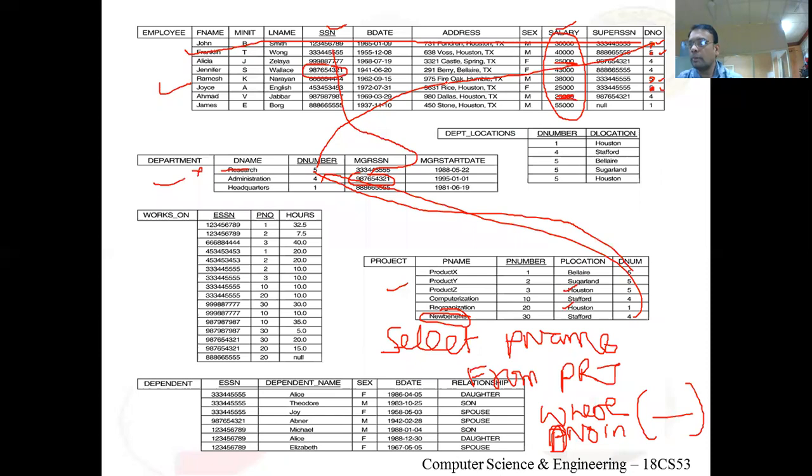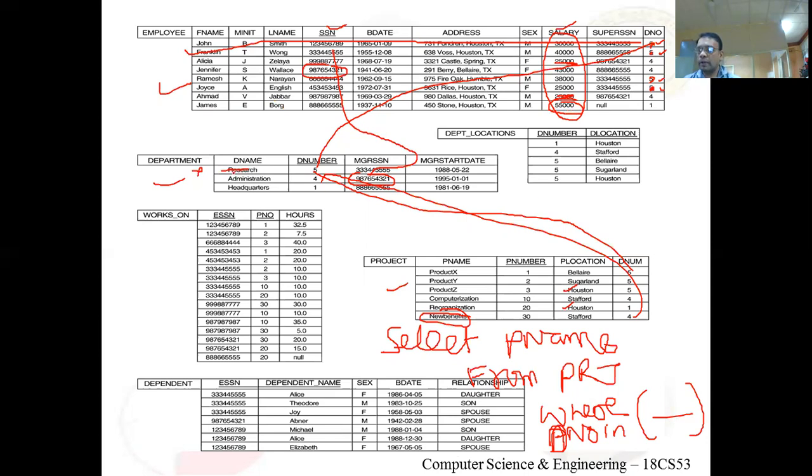Let's say I want to update only this James, so I'll write update employee set salary is equal to salary into 1.1 where F name is equal to James, or last name is equal to Bob. So now the salary will be updated, 10% will be increased, and 5,500 will be added here.